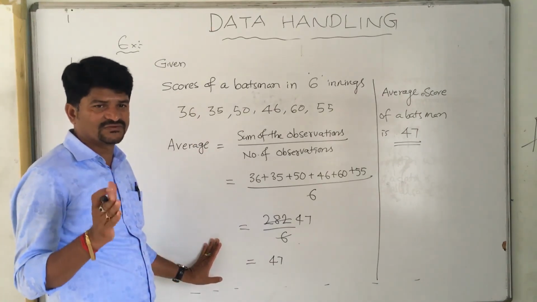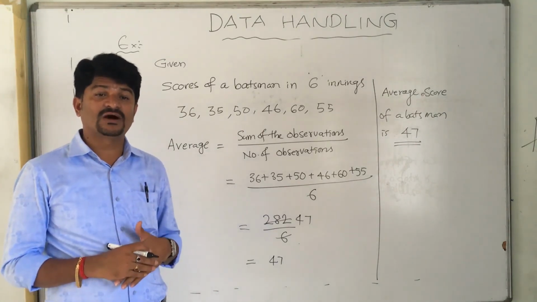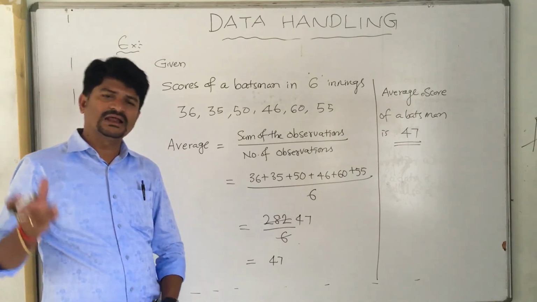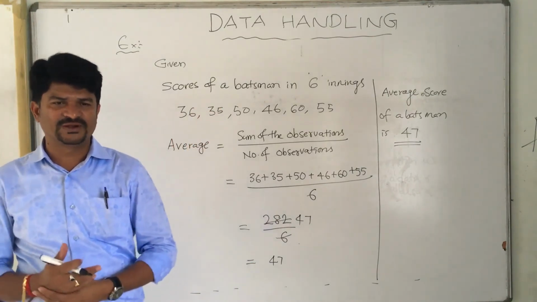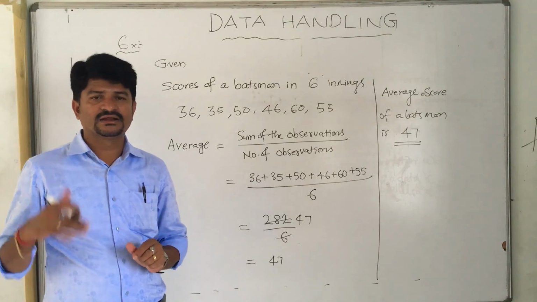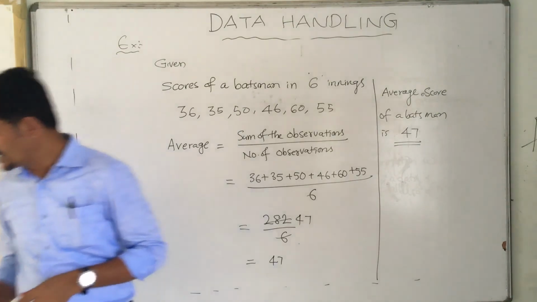This is the home task for everybody. You need to find your average mark of PT1, PT2 and PT3, or any one of them. If you have data of PT1, you can find the average mark of PT1, and PT2 likewise. Okay, clear, children? Next class I will give you some questions. If possible, you can try to solve